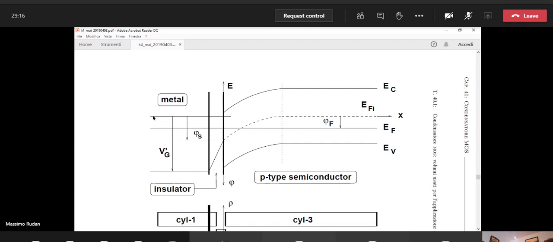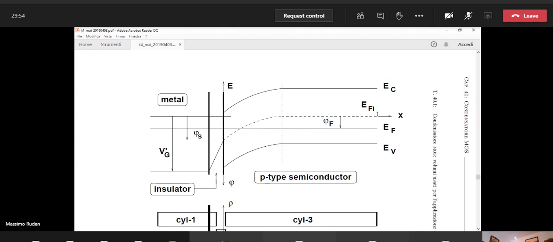So when we apply a voltage that we call VG between the gate contact and the bulk contact, then we must remember that when we enter the semiconductor from the right, you remember when there is a contact, we have a discontinuity